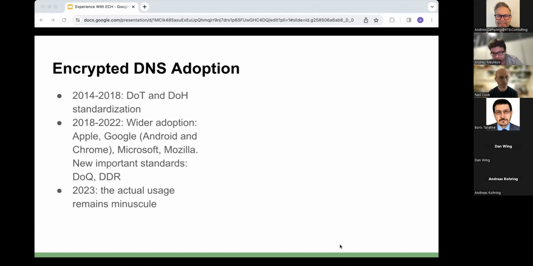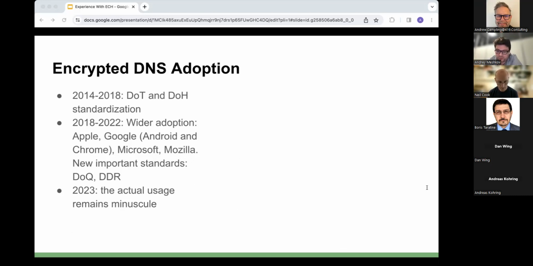At the same time, the work on related standards continues, and it's important to mention a couple of them. DNS over QUIC becomes a standard, and there's the work on DDR, discovery of designated resolvers, is underway. But it's already getting adopted by Microsoft and Mozilla and others. And now we are in 2023, and the actual usage of encrypted DNS